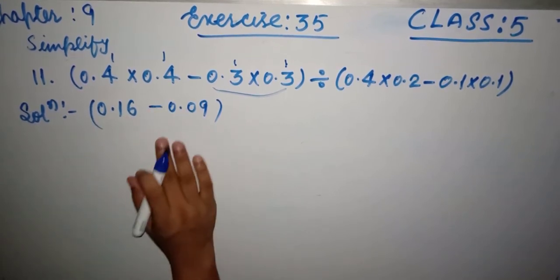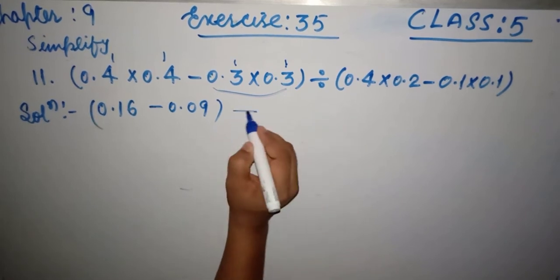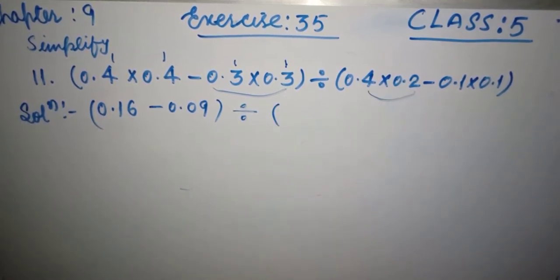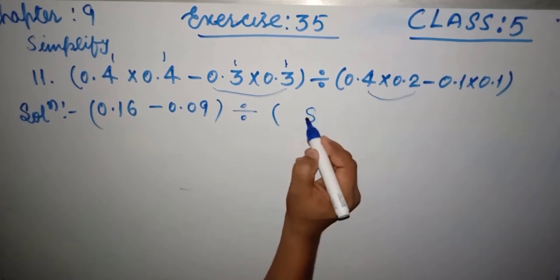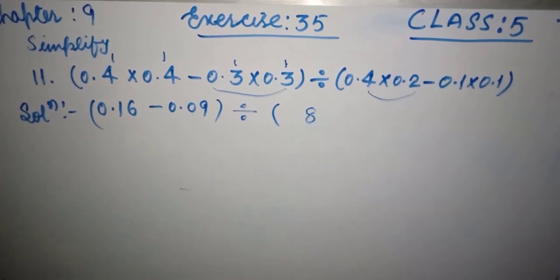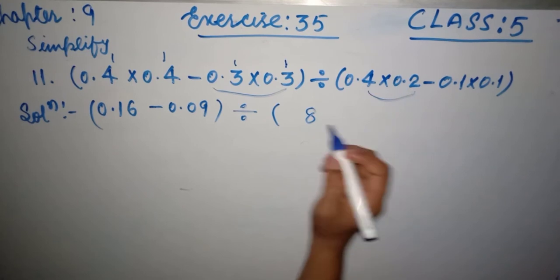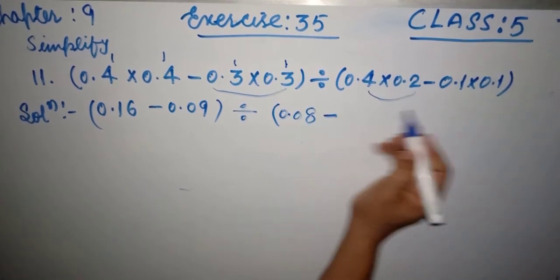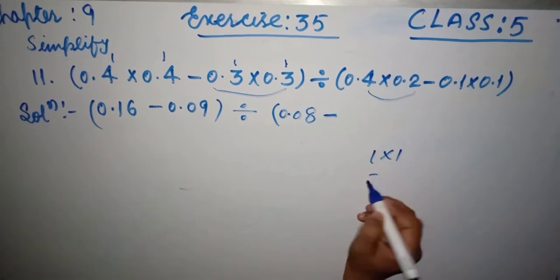So we will place the bracket. Now this is divide. Now, same, friends, multiply 4 into 2, 8. Okay, 8, and then count the number of digits after decimals, this and this. Here it is 1, 1, 1 plus 1, 2, then place the decimal after 2 digits here. Okay, now minus, multiply 1 into 1, multiply by 1, this is 1.